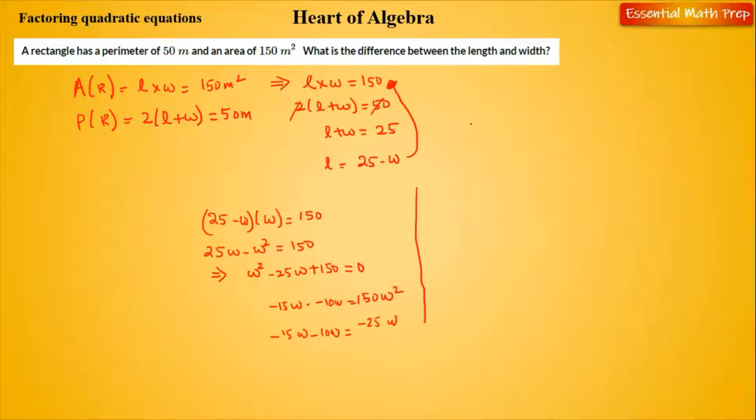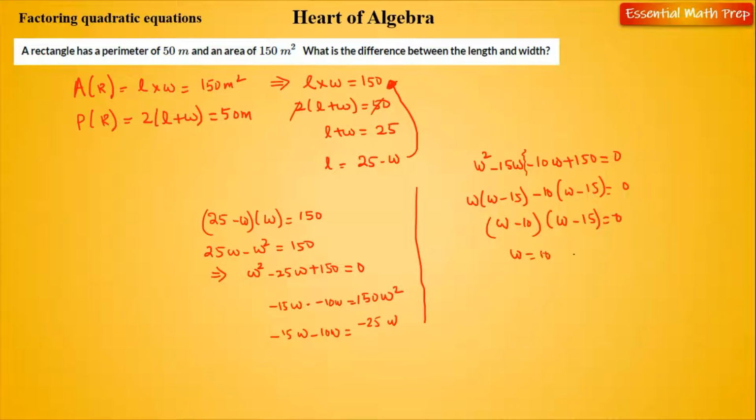So if you substitute this in this expression, then we end up with W squared minus 15W minus 10W plus 150 equals 0. If you split this in two halves, W minus 15, if you take negative 10 out of the bracket, it'll give you negative W minus 15 as well. The whole thing is equal to 0. If we combine terms, we end up with (W minus 10)(W minus 15) equals 0,